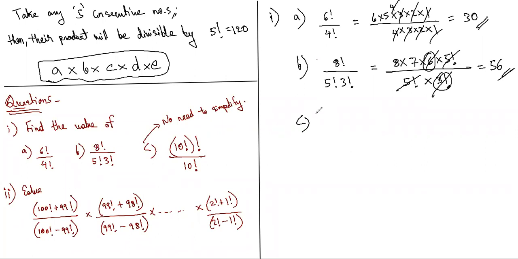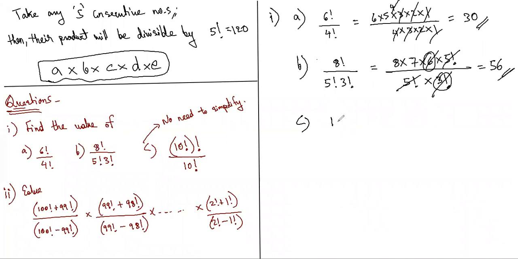C, unfortunately, no one is able to give the right answer. Some of you said 1, some of you said 0, some of you said something I did not understand. I told you, you don't have to simplify this. Are you able to see there are 2 factorial signs? This is 10 factorial, whole factorial, by 10 factorial. What do you mean by 3 factorial factorial? It will be 6 factorial, which will actually be 720. Similarly here, I'm not talking about 10 factorial by 10 factorial. I'm talking about 10 factorial, whole factorial, by 10 factorial. So it is a little tricky question.